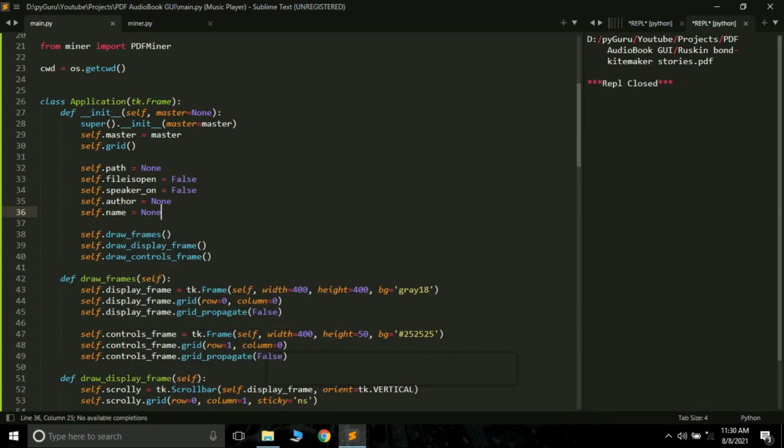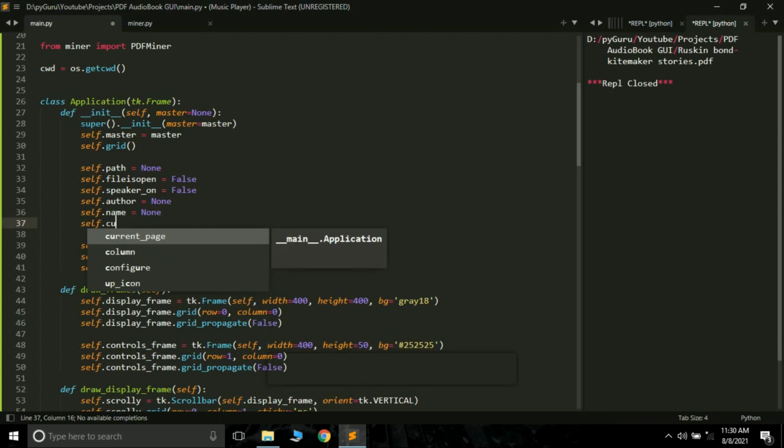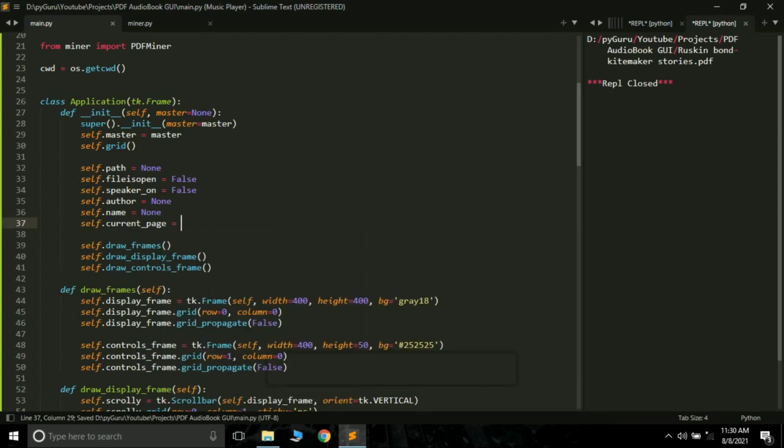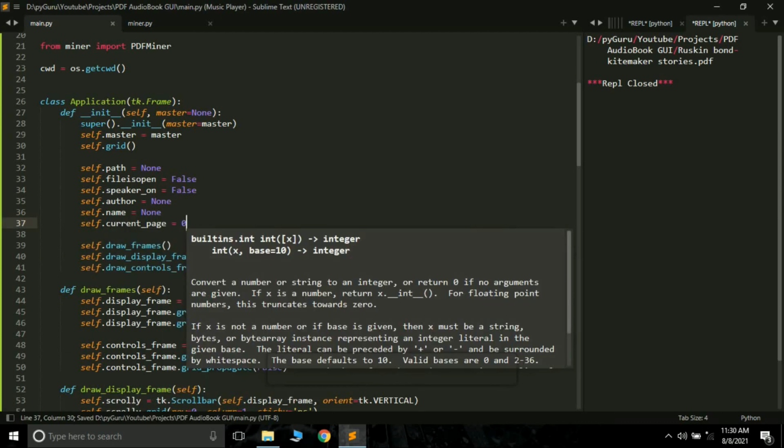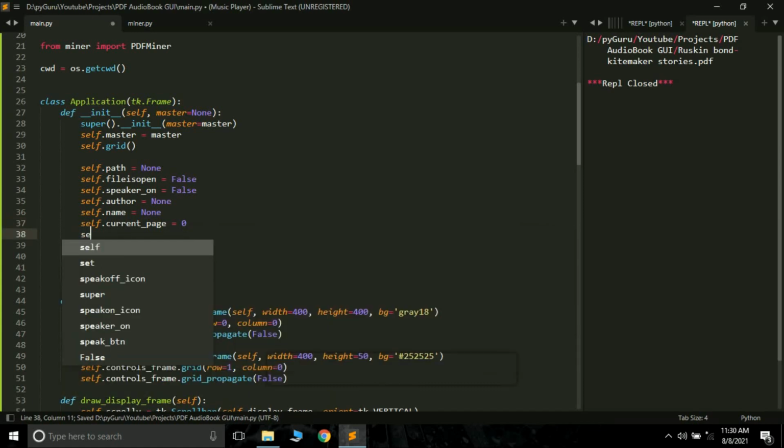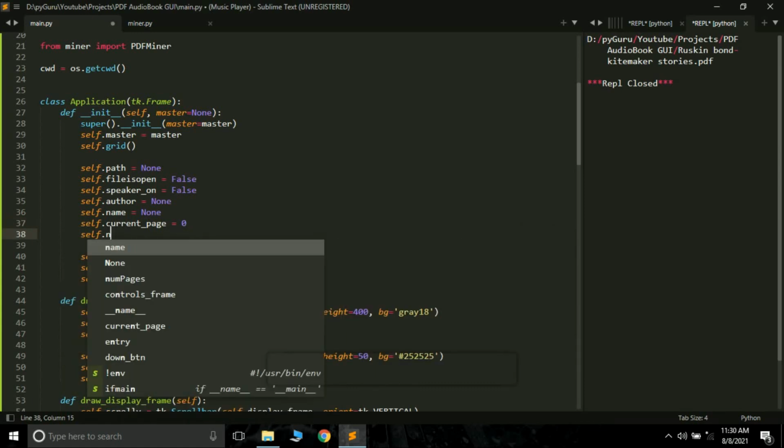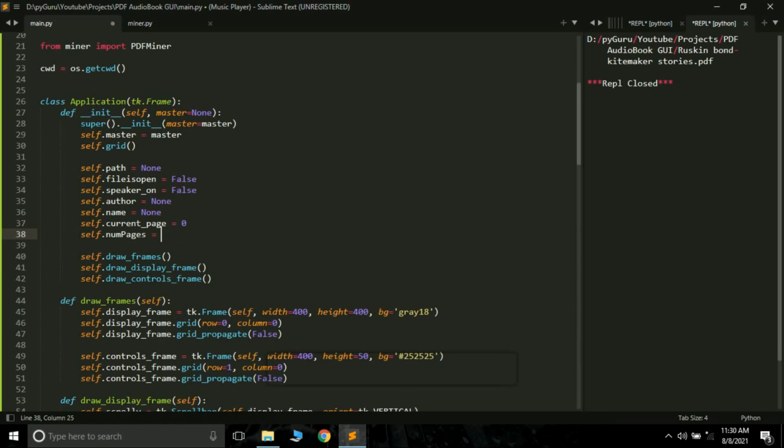Let me create a few more variables. Self.current_page equals 0 and self.num_pages, which will store the total number of pages in our PDF file, so that is also none. I guess this is all that we want. So 1 2 3 4 5 6 7, yes, there are 7 variables. We are good to go now.